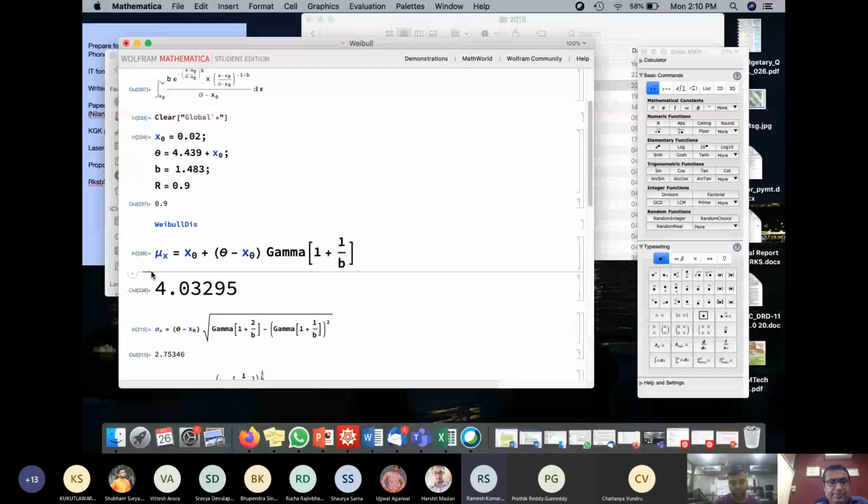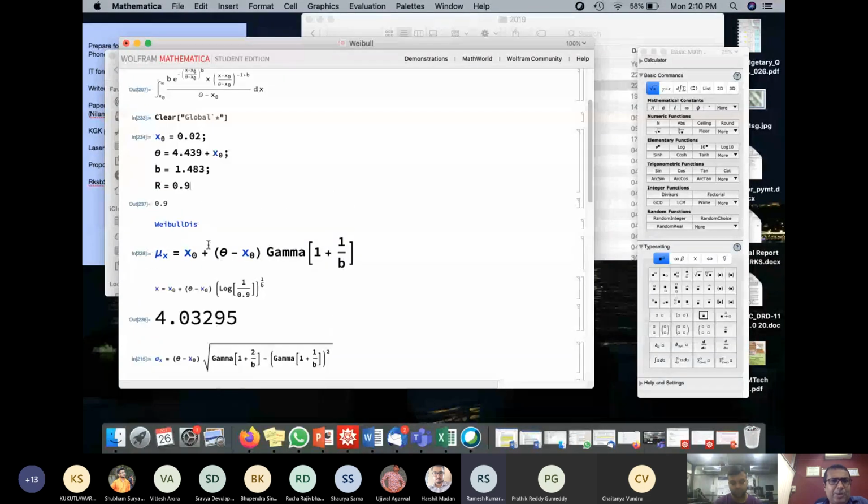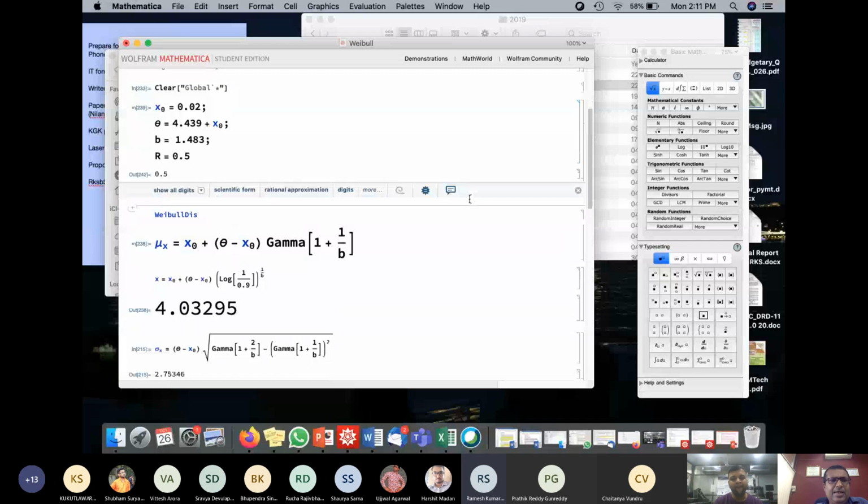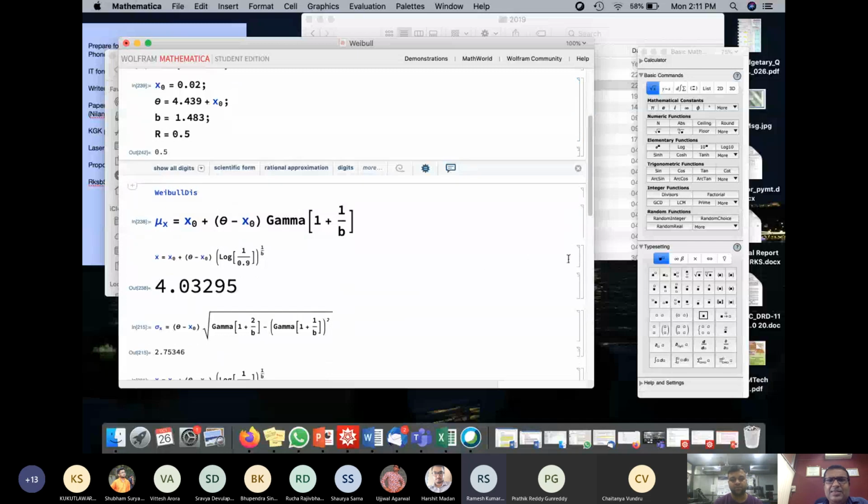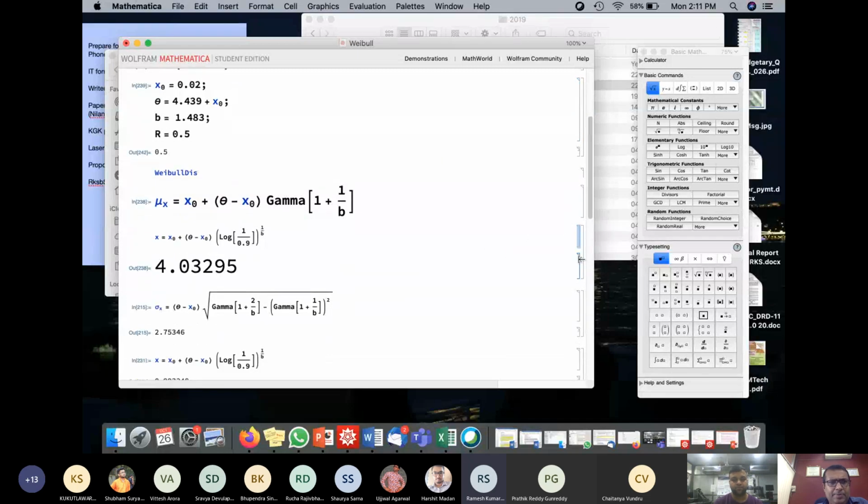If my R is equal to 0.5, let me run again. I run this, shift enter, R is 0.5. Let me run this equation here. So this is my dimensionless life.